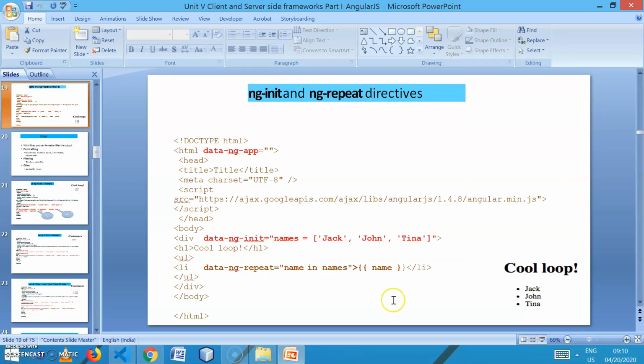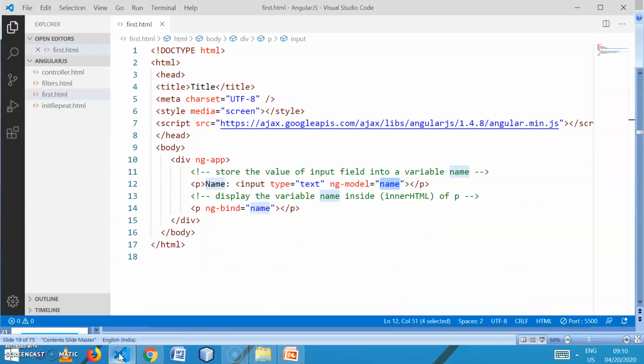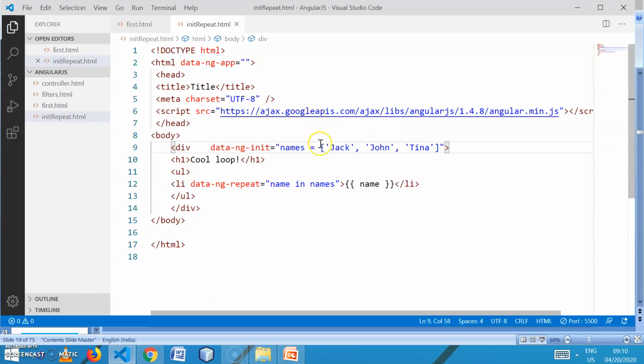Let's check that output execution with the program. This is the code we have just seen: ng-app, then init, the array created, and these are the names. Let me add some element.